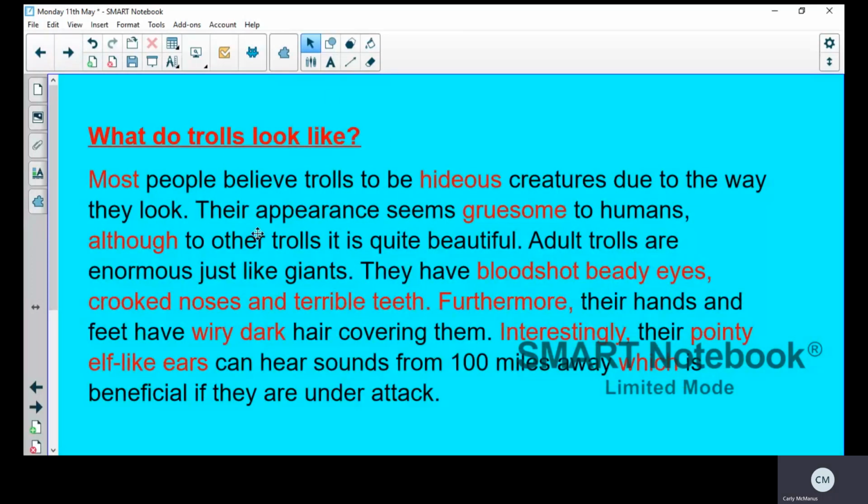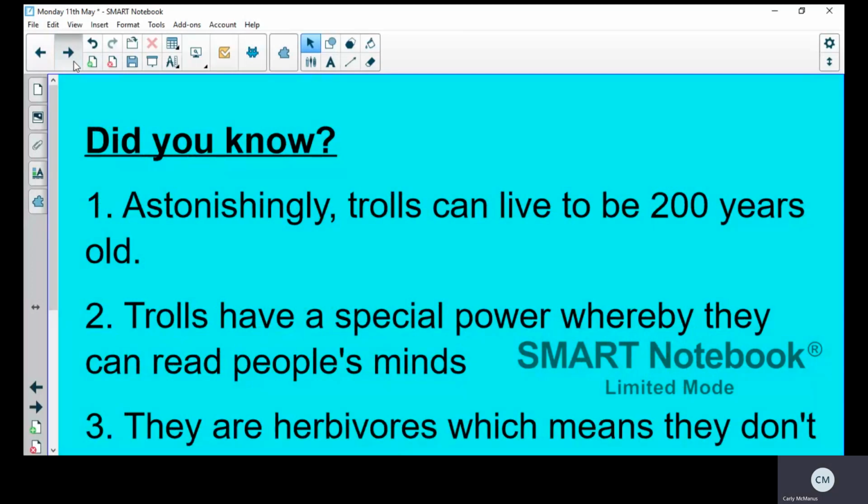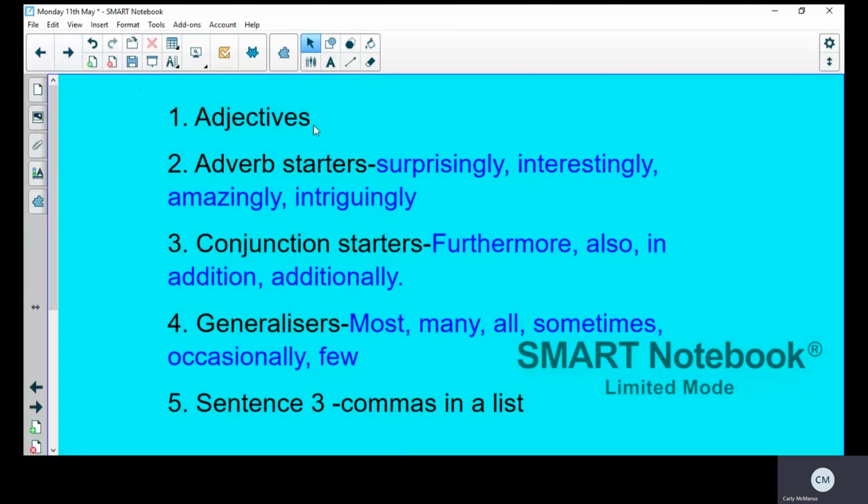Now, this was my example that I gave you on Thursday of one of the paragraphs. Now, these were your wolves. You needed to make sure you had adjectives in there, that you've got at least one adverb starter in each paragraph.